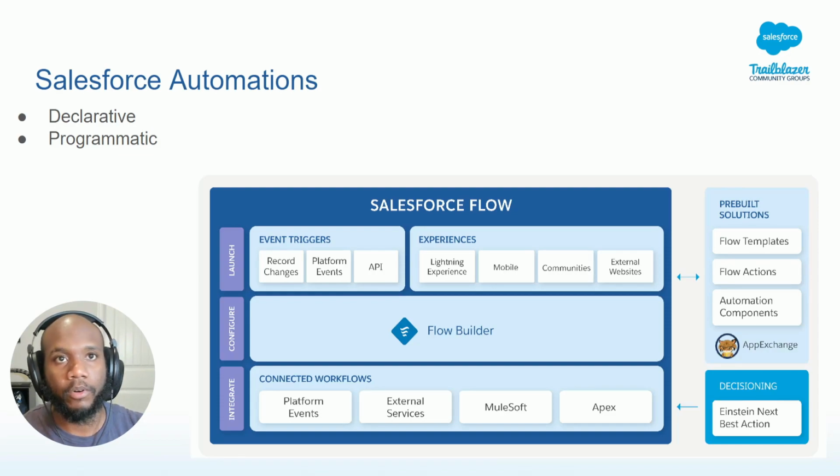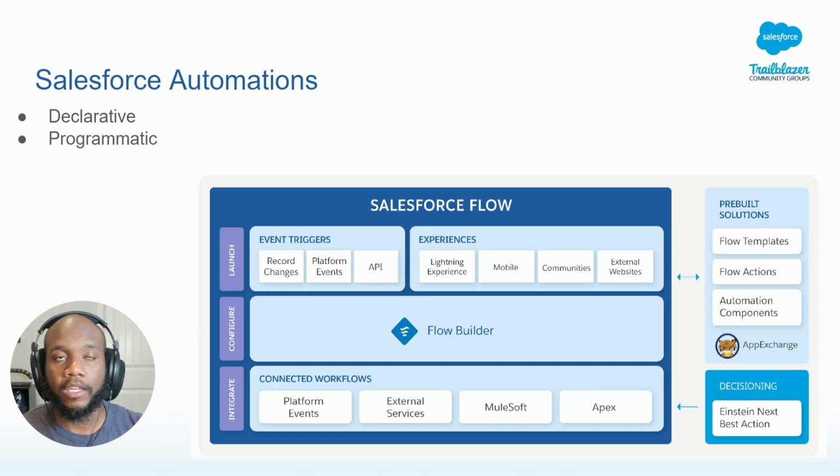So that's where programmatic things come into play, where you're using code. It's all still based on maybe record updates or some sort of trigger that happens in the system, but the actual process is being done based on code. So when we look at this kind of flow chart or matrix here, flows sit on the declarative side of that,